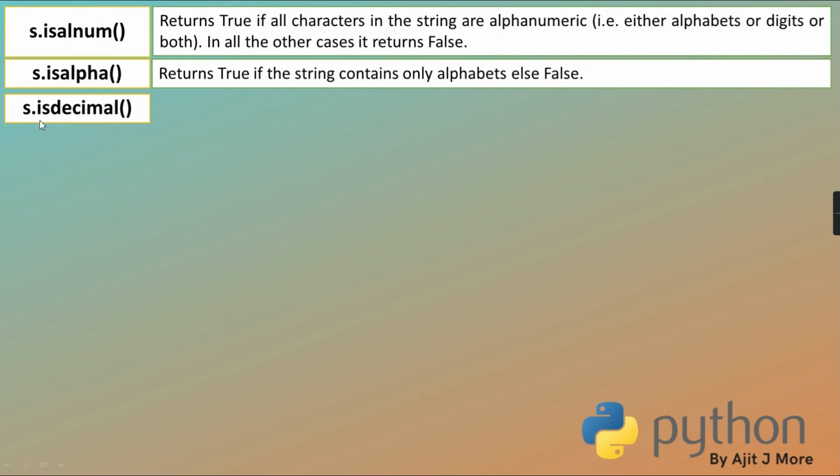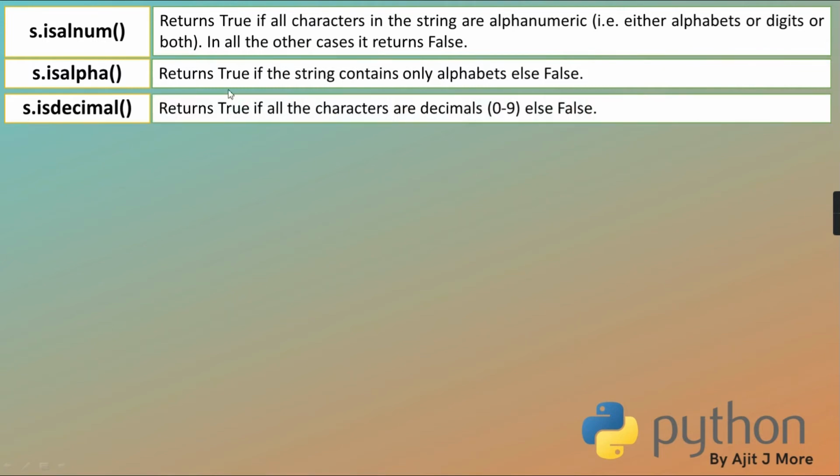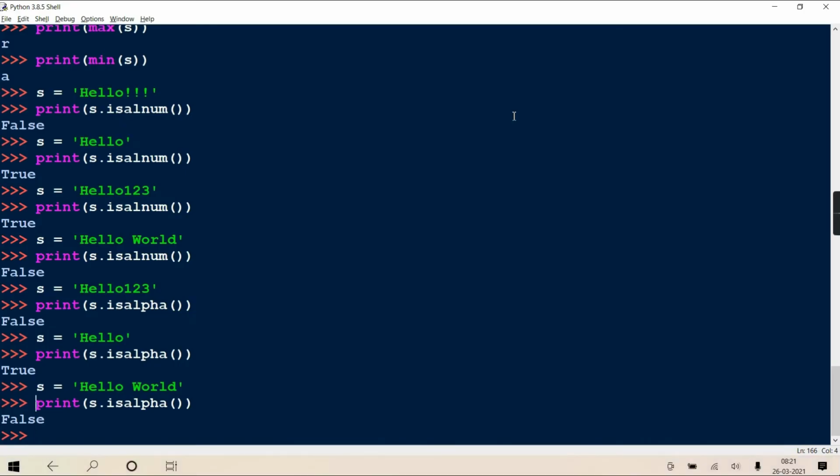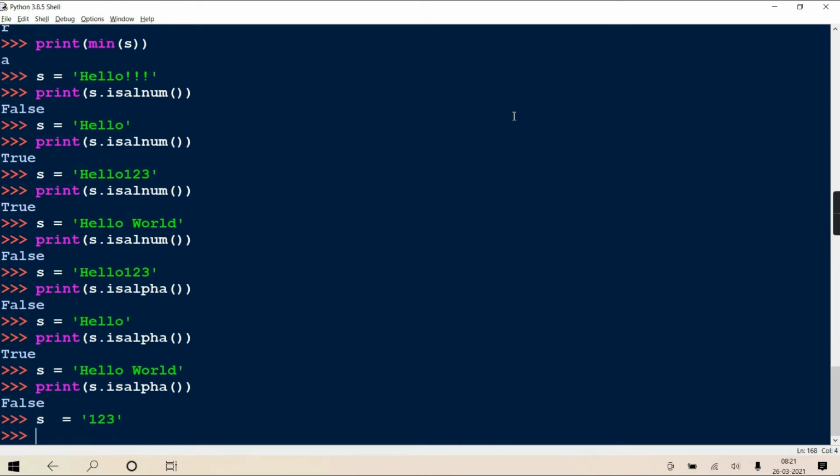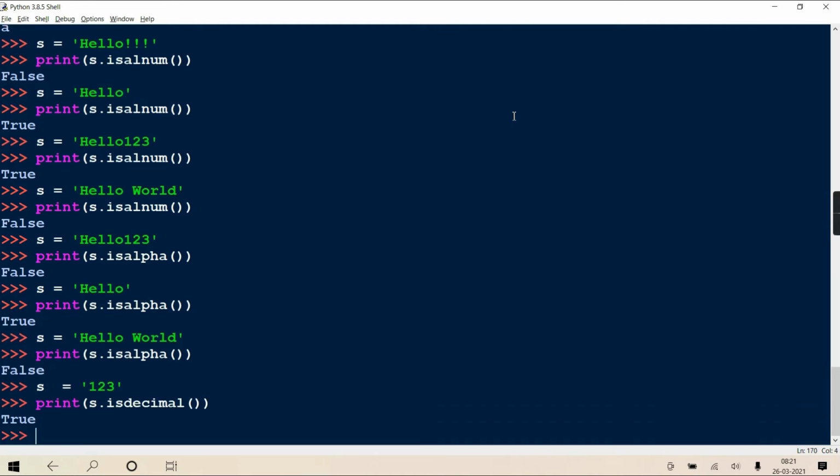So in this, the string should contain only and only digits, nothing other than that. See, it returns true if all the characters are digits from 0 to 9, else false. So if S equals 123 and I am writing isdecimal, it gives true.